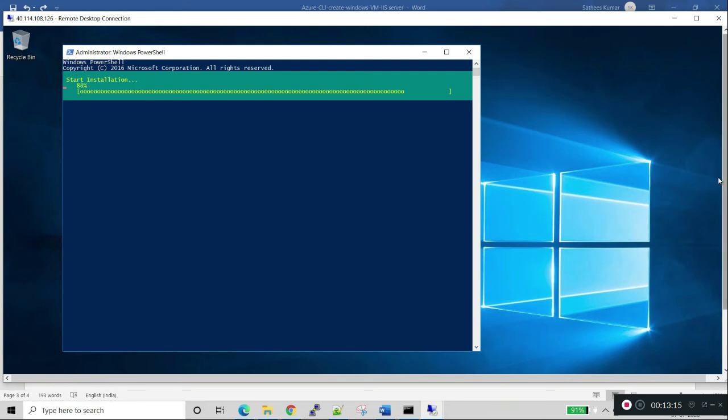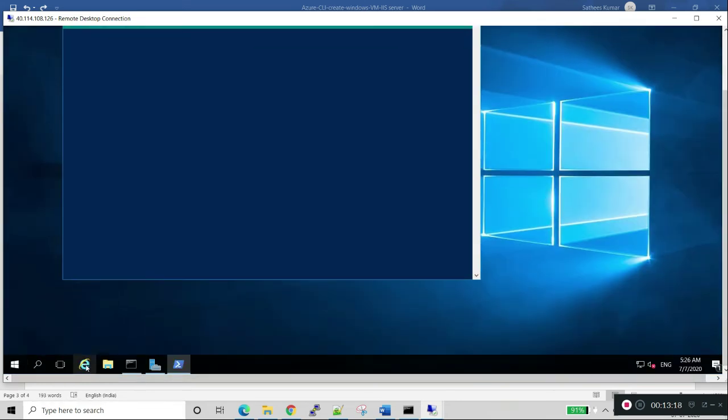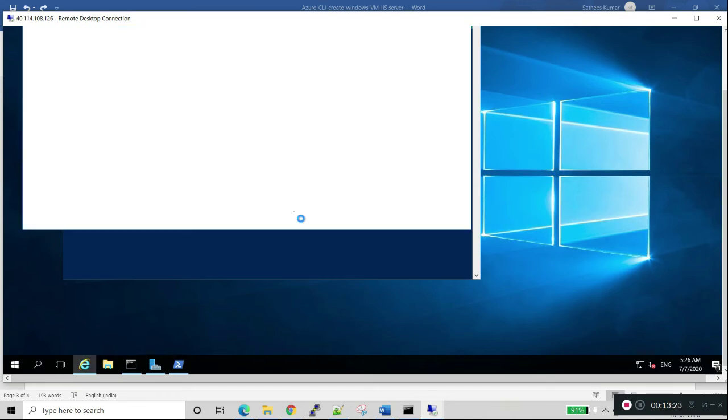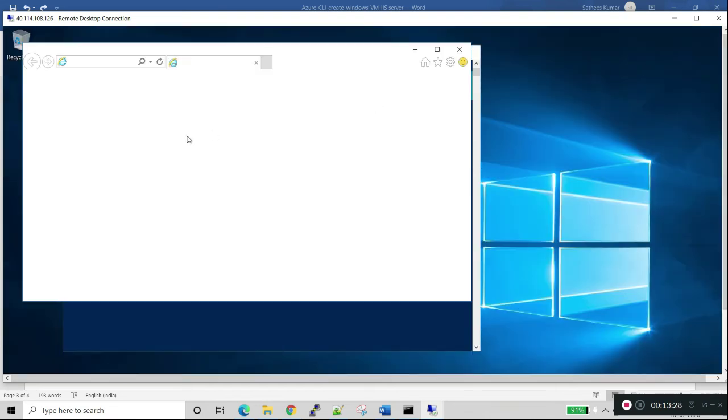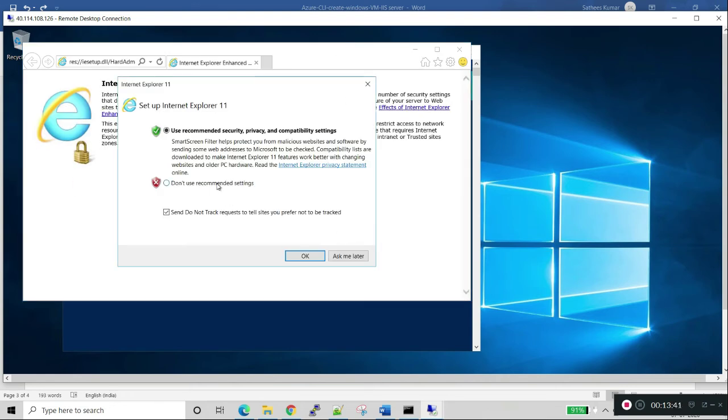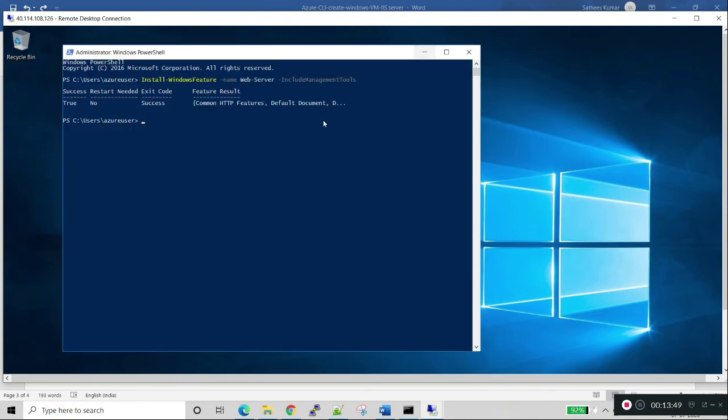In parallel, we will open Internet Explorer. It's completed successfully.